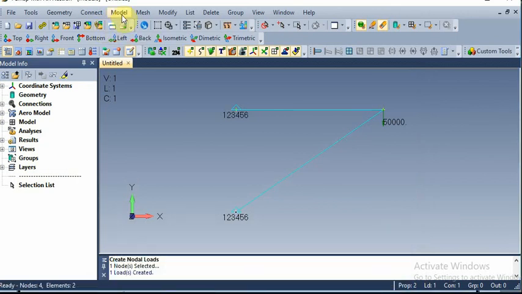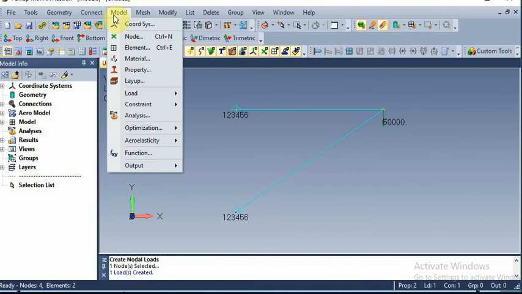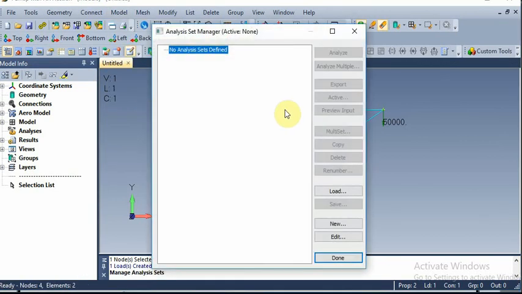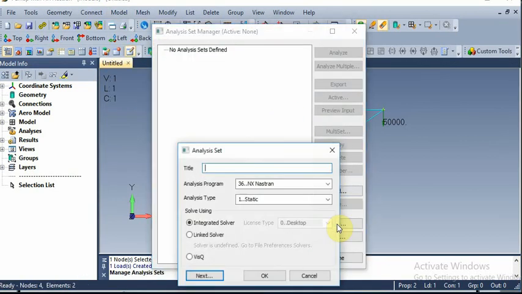Now you have to analyze, which is the processing step. So go to analysis, new analysis, give truss analysis, give next.